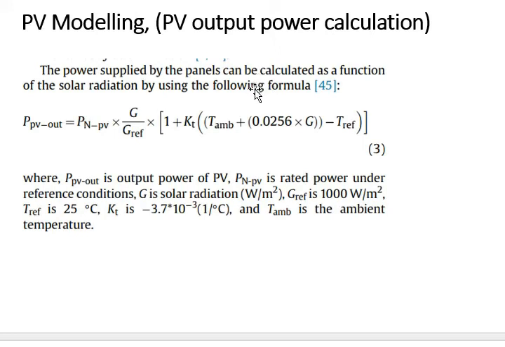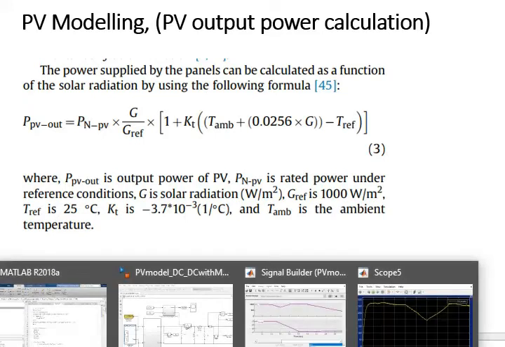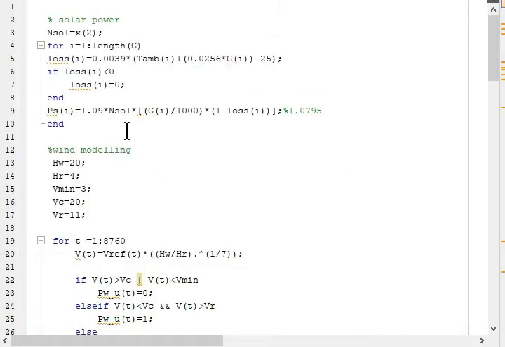In parallel we will see the implementation of these things in MATLAB. So here is the MATLAB modeling. N is the number of solar panels. In this case, the number of solar panels will be given by a variable x2, and we are calculating the solar power of that PV module.